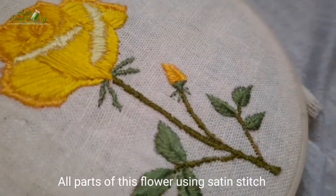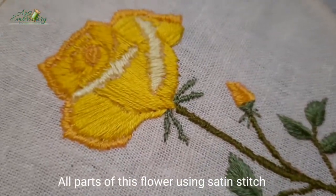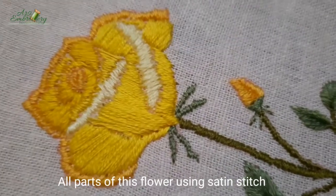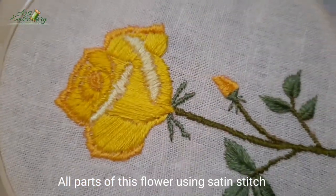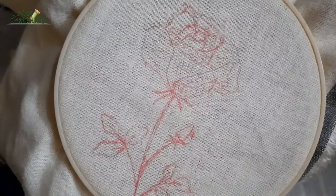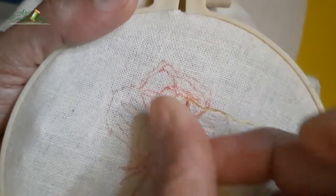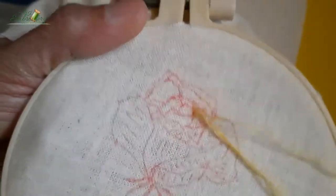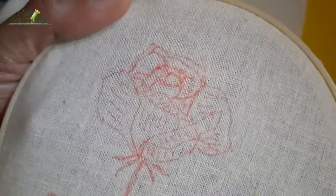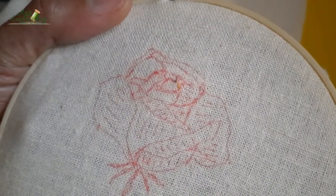In this video I show you how to embroider a rose flower just using one stitch. This time I choose satin stitch, a very easy method. So all parts of this flower are using satin stitch. If you think we can do it,